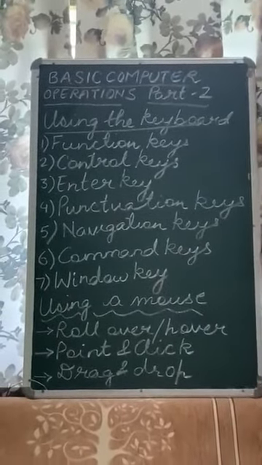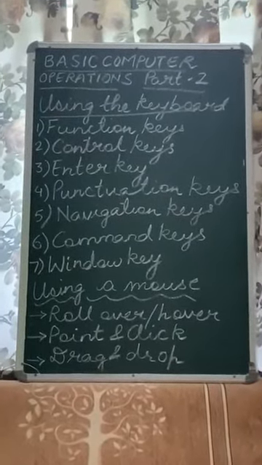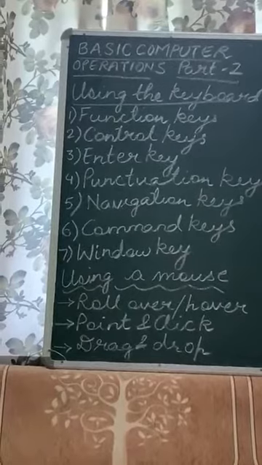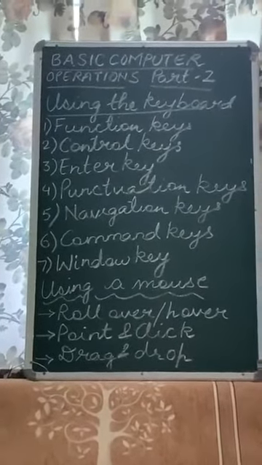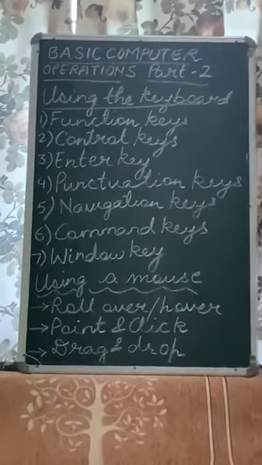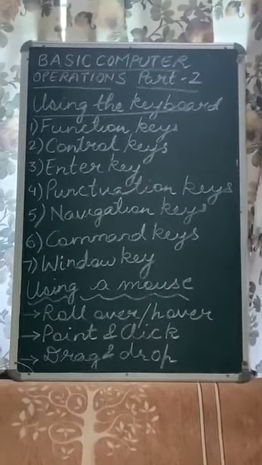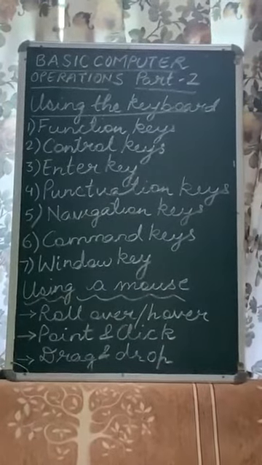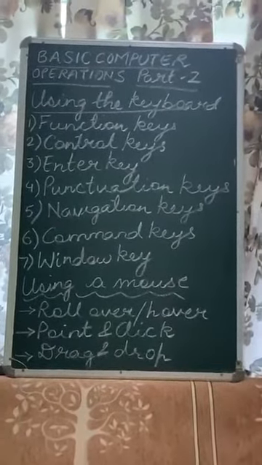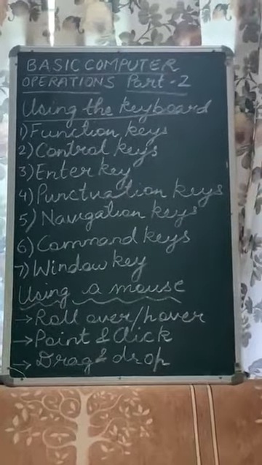Now next is the enter key. There are two enter keys on a keyboard, and they help you move the cursor to a new line. In some brands of keyboards you will find return written in place of enter. The function is the same, so the enter key can also be known as the return key. Then you have your punctuation keys, which are used for punctuation marks such as colon, semicolon, question mark, single quotation marks, double quotation marks, dash and underscore. These are helpful when you are typing text inside the computer.